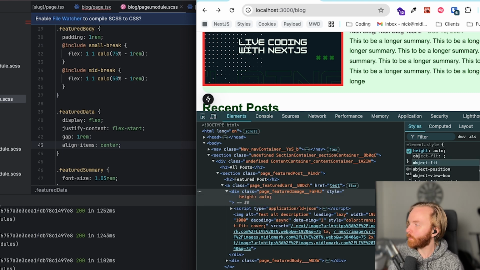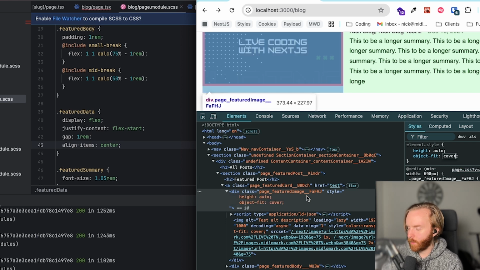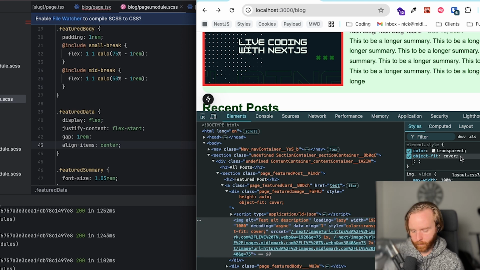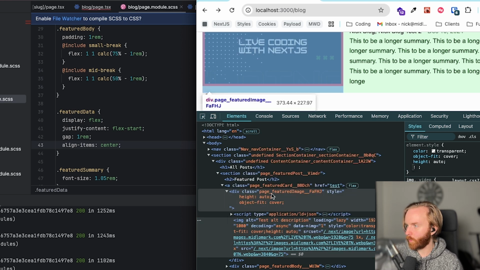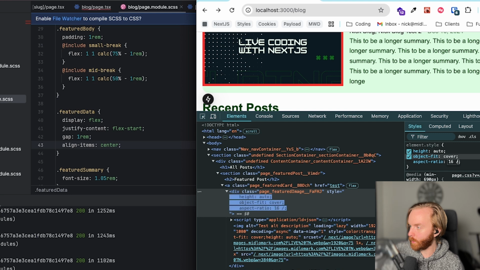Auto, okay. Object fit contain. Cover. All right, so here is where things get interesting. Because height auto. Well, if we set our aspect ratio to be 16:9,